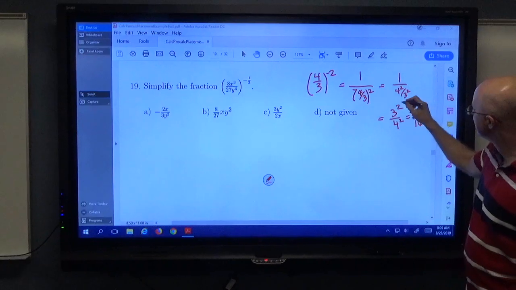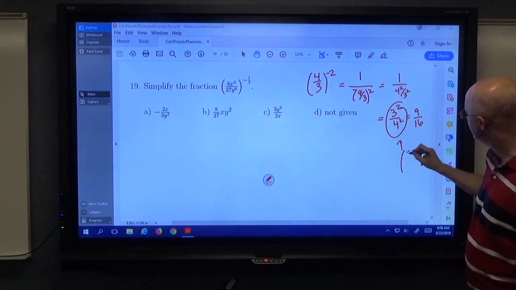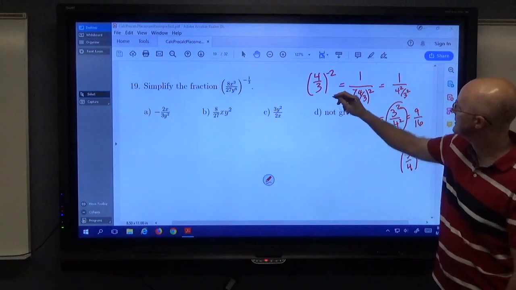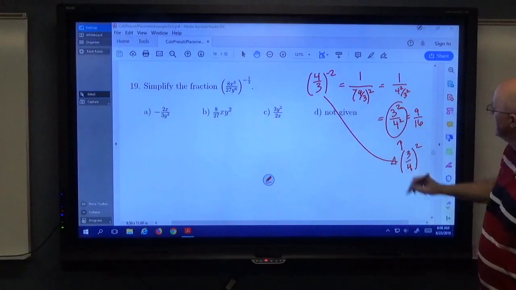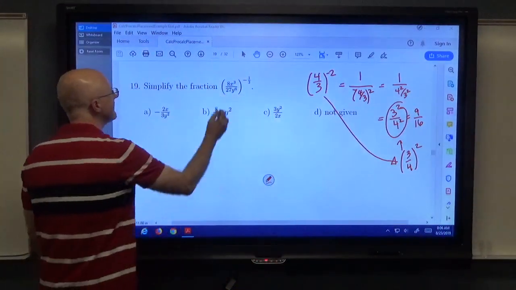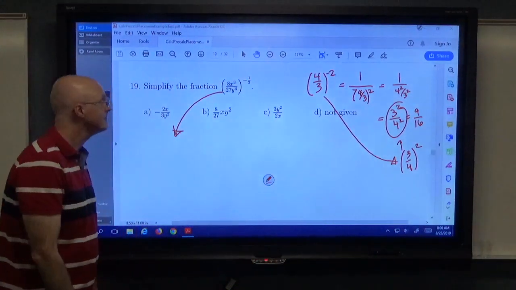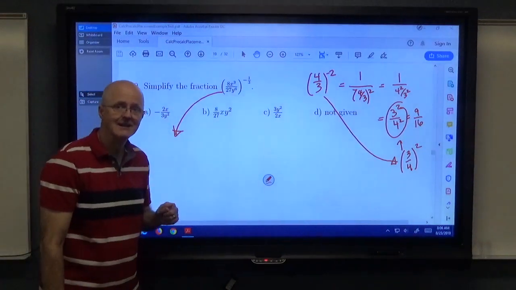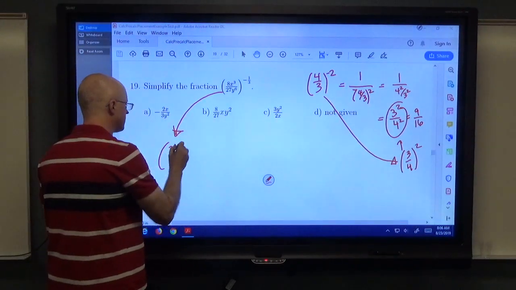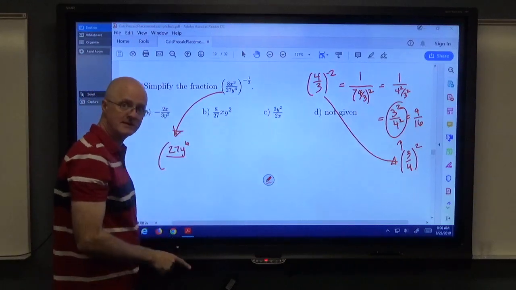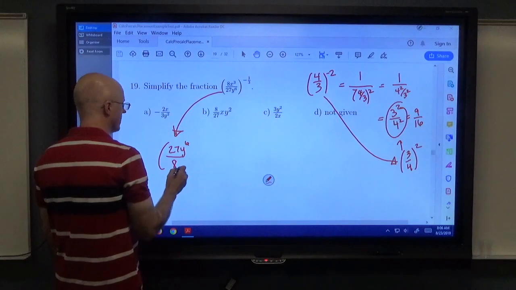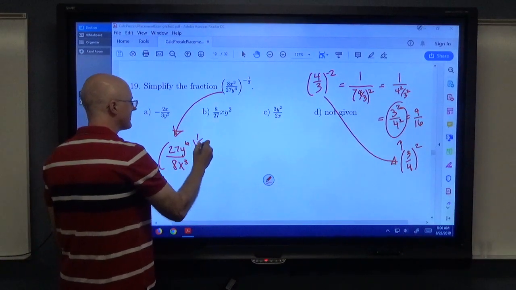And this, by the way, is the same as 3/4 quantity squared, which is worth noting here because I could have also started this problem by jumping from here to here. And that's going to be what I do here. So that's why I went through all that. Take this expression, flip the fraction inside, and change the exponent to the corresponding positive exponent. That is a property of exponents. And I illustrated it with a simpler example over there. So flip the fraction, 27y to the 6th over 8x cubed. Now it gets raised to the positive 1/3